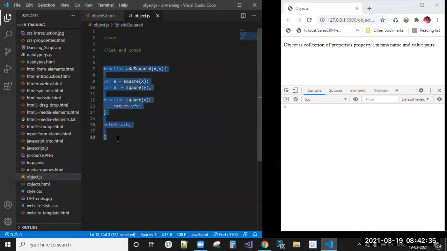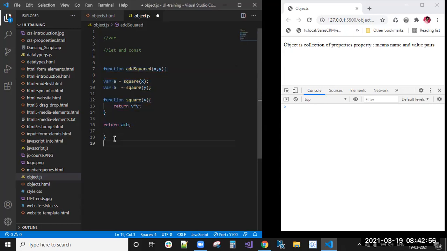So this is a function, right? I told you the variable scope is up to this function scope only, up to this block only. So these a and b variables have local variable scope, in this function only.